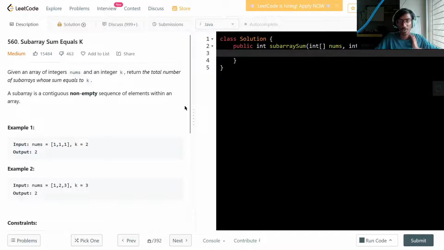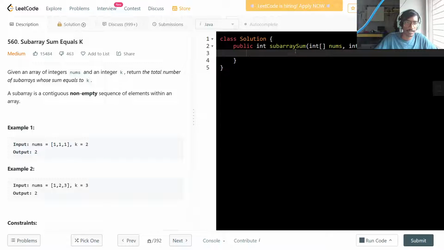This time we're not doing any recursion or any problem as such. We are doing a normal array problem, which has some hashing concept in it. So let's read the question and try understanding it. Given an array of integers nums and an integer k, return the total number of subarrays whose sum is